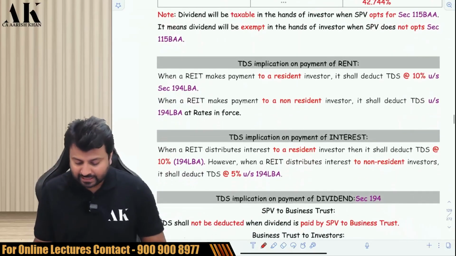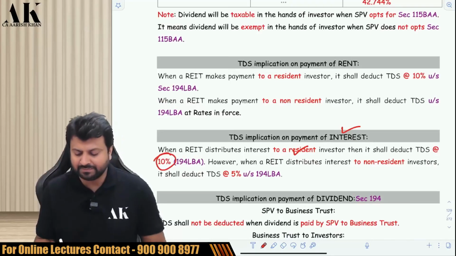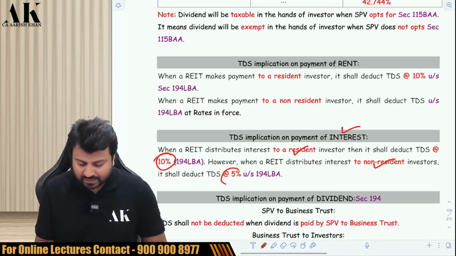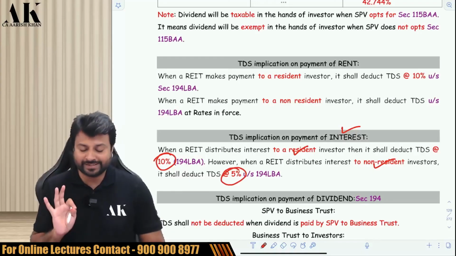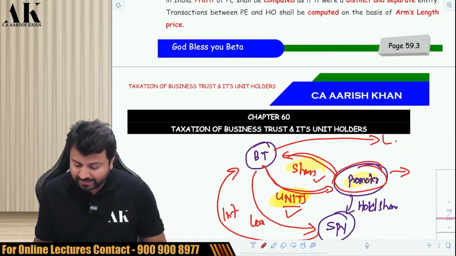So how much TDS? If you make the payment to a resident investor for interest, you are supposed to deduct TDS at the rate of 10%. If you make the payment to non-resident investors, you are supposed to deduct TDS at the rate of 5%. Is it clear? Now similarly about rental income, business trust can also invest its money in land and building, and